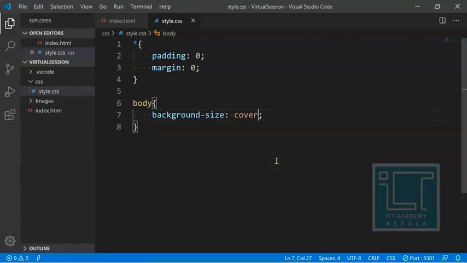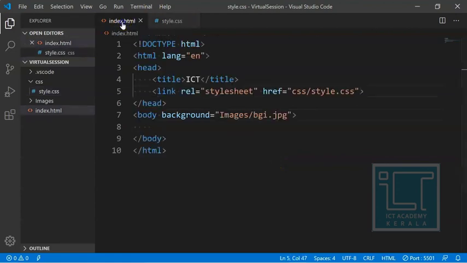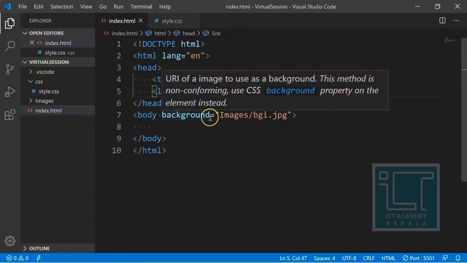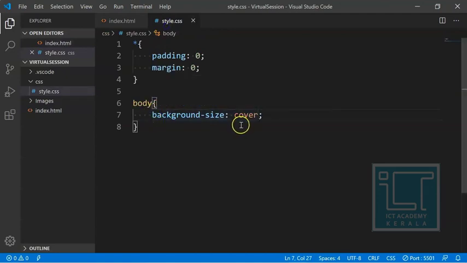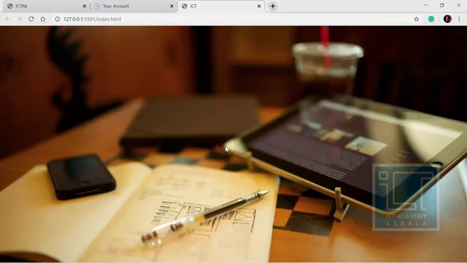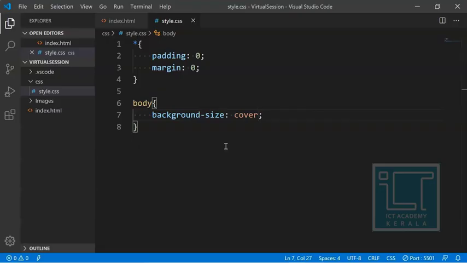This is one tip: we can directly go for the inline CSS, which is background, and you can give the images, and then you can set the background size to cover. That means it will cover the body. Or you can give it as a numerical number or whatever, doesn't matter. So I have already set my background in my body.